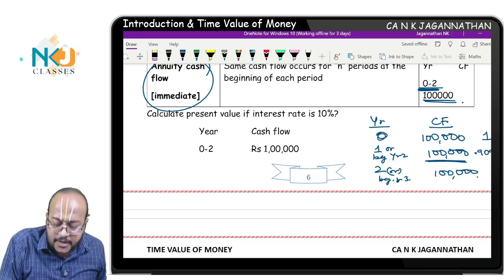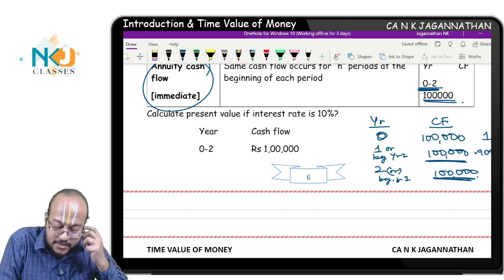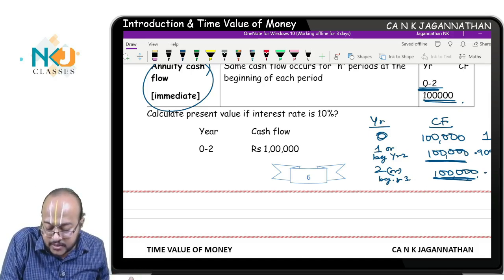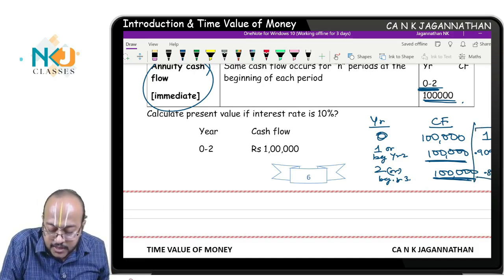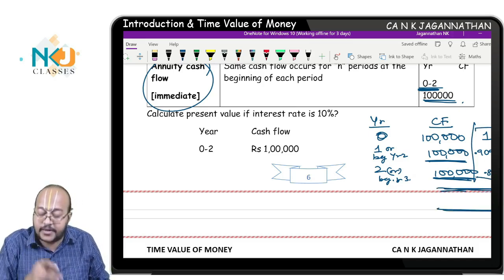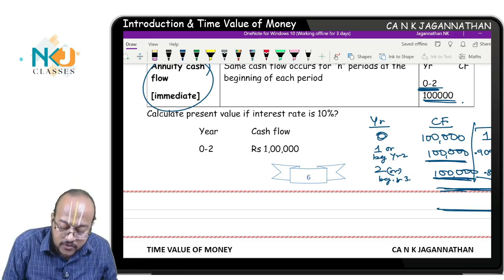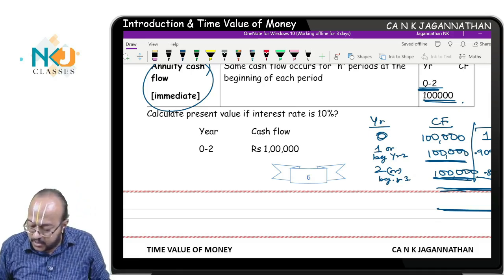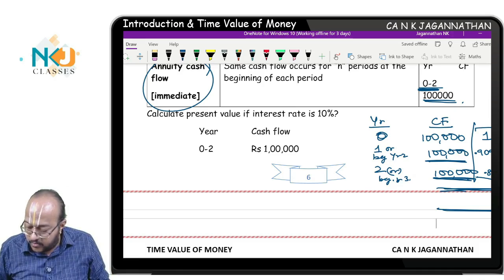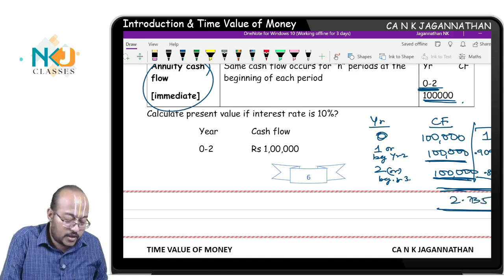So 1 lakh into that. And for the third year, what you will do, 1 divided by 1.1, press equals 2 times. It is as good as the second year end you are receiving, so the present value factor for year 2 is 0.826. Now you total all this, and you will get the annuity factor for annuity immediate. The present value annuity factor for an annuity immediate transaction for a 3-year period, wherein the first installment is paid at the beginning of the period, is 1 plus 0.9091 plus 0.826, that is 2.7355. This is the number you will get.